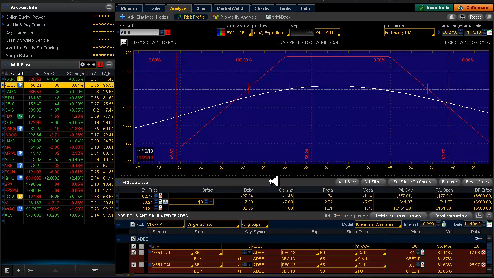So that is factored in there, which adds a little bit more juice to the options. So on Adobe, I'm looking for a possible $178 here,